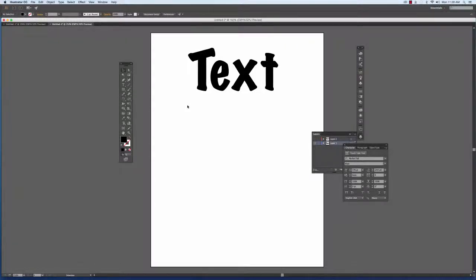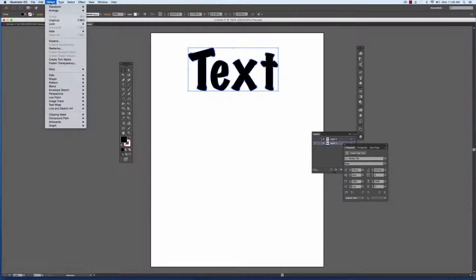Hello, and in this tutorial I'm going to show you how you can manipulate your text even further in Adobe Illustrator. Once you've created your text to outlines, when you click on it, it's always going to be grouped together. Sometimes you may want to ungroup it so that you can manipulate the text or the letters individually. You do that by going to Object, Ungroup,